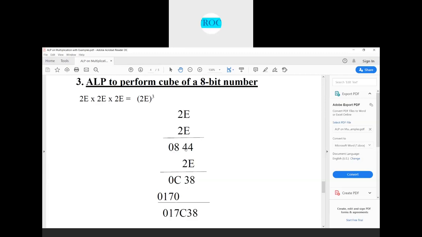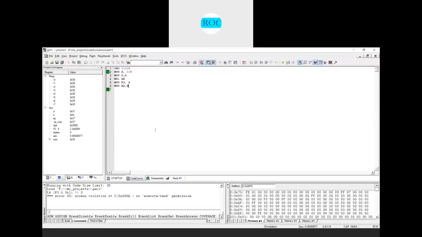Now these two contents, I'll move into the register. A content, which is 44h, I'll move into the R3 register, and 08, which is stored in the B register, I'll move into the R2 register. Next, move A comma 20h. Again, the copy 2Eh into accumulator. Next, move B comma R3. Right. Next, what I do, multiplication AB.